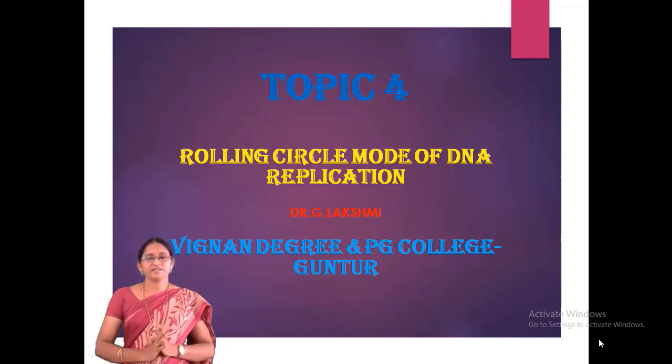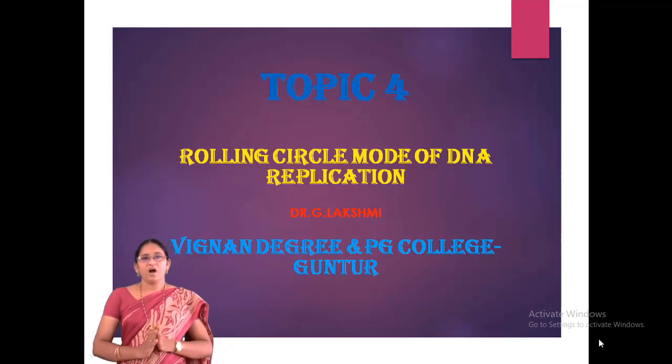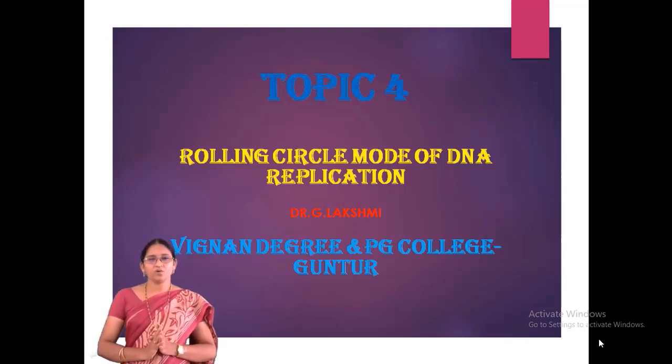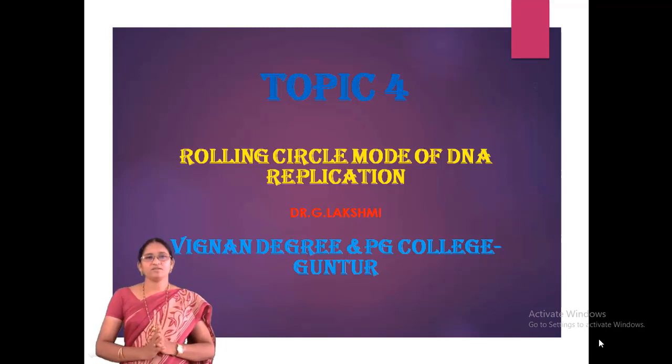What are the stages involved in the rolling circle mode of DNA replication? They are initiation, elongation and termination. Coming to initiation, that means how this covalently closed double-stranded DNA is involved in the initiation of DNA replication, to which